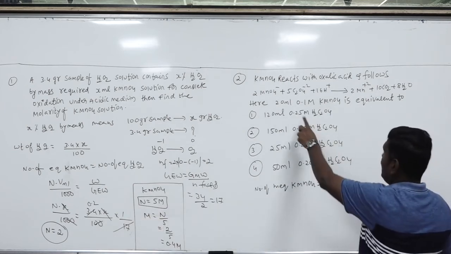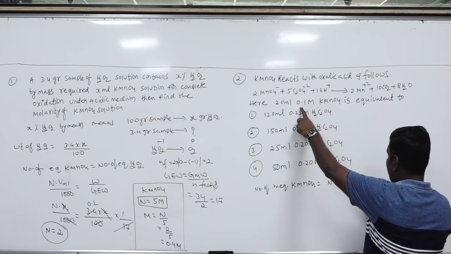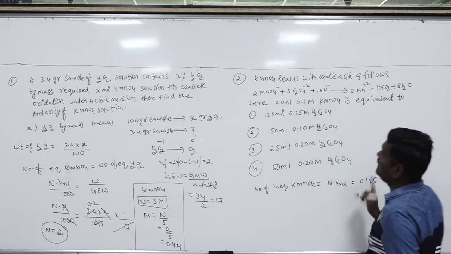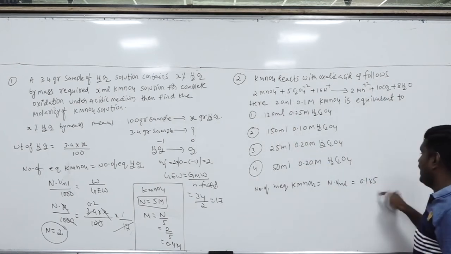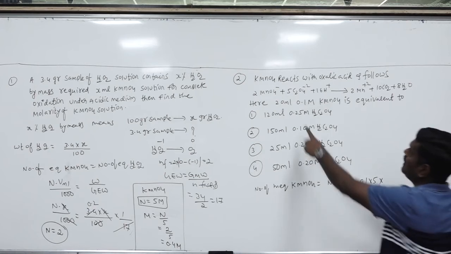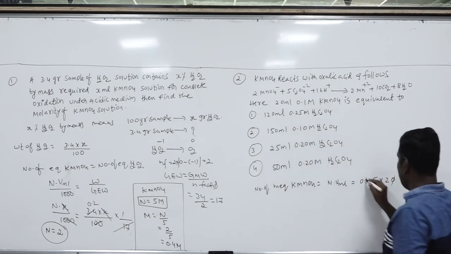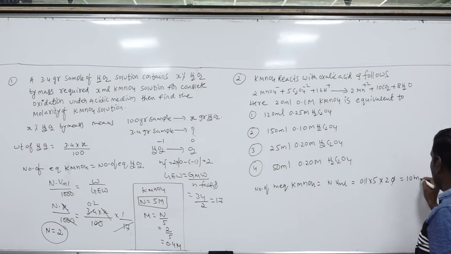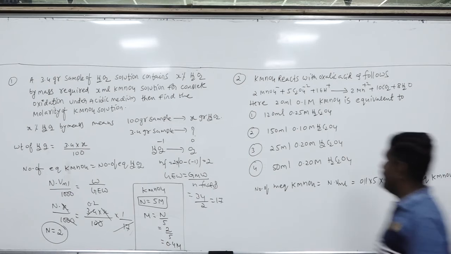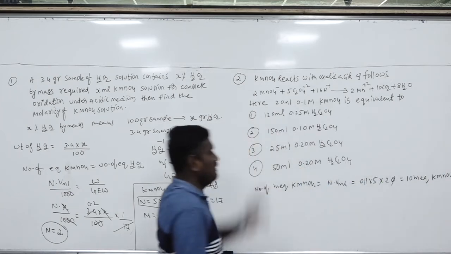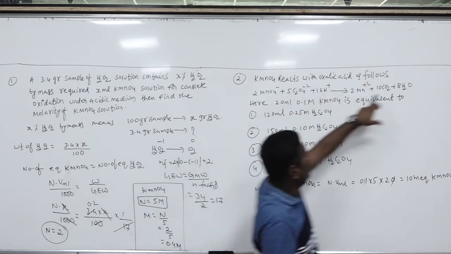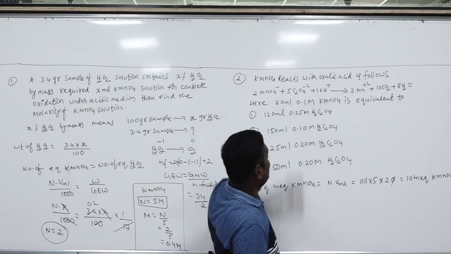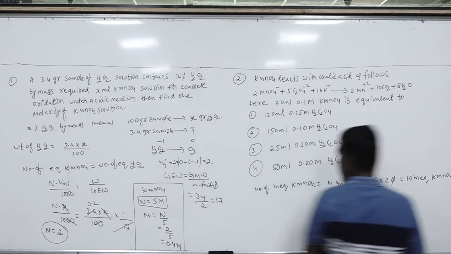Now, what is the molarity given to you? 0.1. What is the n factor for KMnO4? 5, because in acidic medium manganese goes from +7 to +2, so the change is 5. Into what is the volume of the solution given to you? 20 mL. So you have 10 milli equivalents of KMnO4. Now see in each option where 10 milli equivalents of oxalic acid is present. Do you know the oxalic acid n factor? Carbon goes from +3 to +4, so the change is 1. There are 2 carbons, so the oxalic acid n factor is 2.